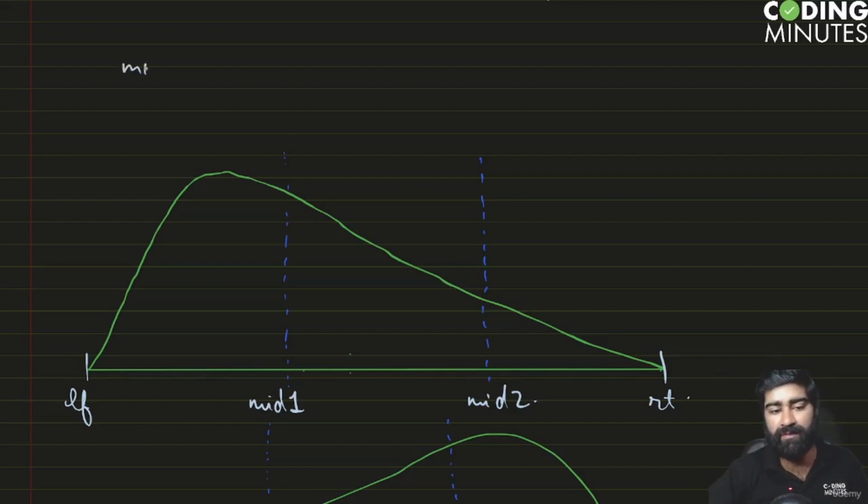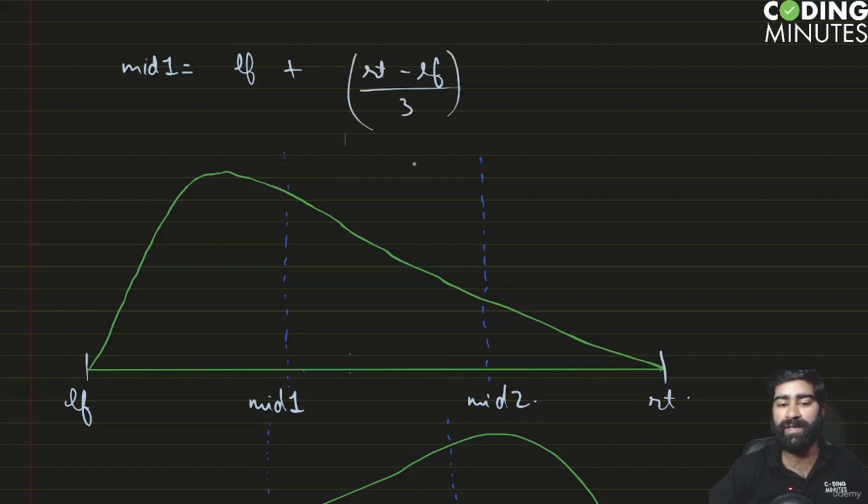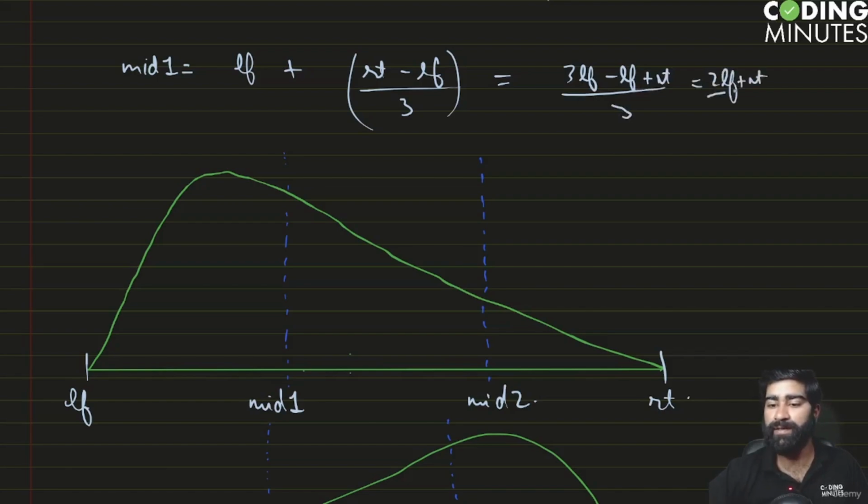So here mid1 can be left plus, and if you divide this range, that is right minus left by 3, right? So I'm just taking one portion of it and adding it to the left part. So this becomes (3 left minus left plus right) by 3, which is nothing but (2 left plus right) by 3. Similarly, if you do the same calculation for mid2, we'll get left plus